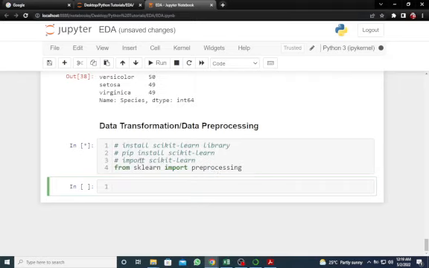If you have not installed this, then you have to run these lines. Make sure that it's on the first line. So you have to run all these lines if you have not installed it. But if you have already installed this library, then you can skip these two lines. So once we are done with the importation of this, we can start with